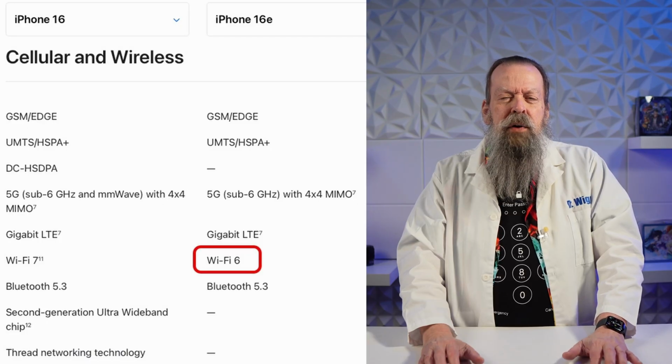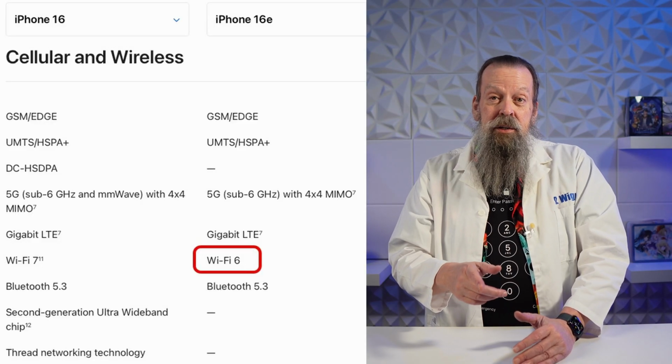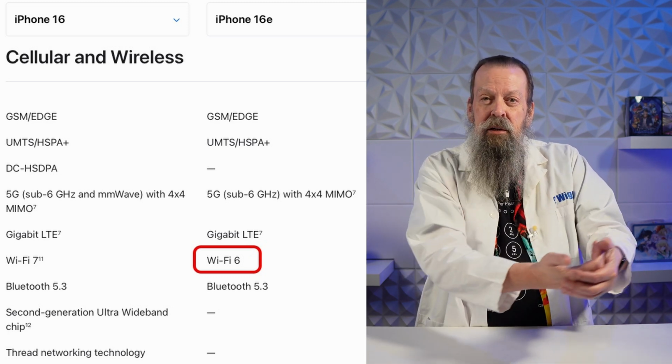And mmWave 5G, the millimeter wavelengths, is not supported by the C1 modem chip. So if you happen to live in a big city where that's available, you won't get those super high speeds. But most of us don't live in cities like that anyway. So this isn't as big a deal. What is a bigger deal, the ultra-wideband chip is also missing from this phone, which is the one you use for zeroing in on Find My things and AirTags and all that stuff. So they left out quite a bit to get that price down $200 from the 16, but then they redesigned